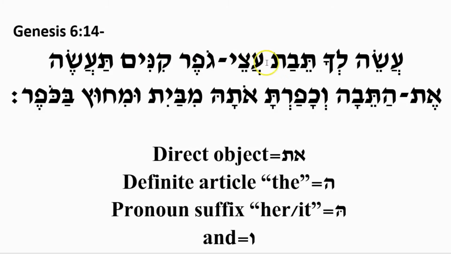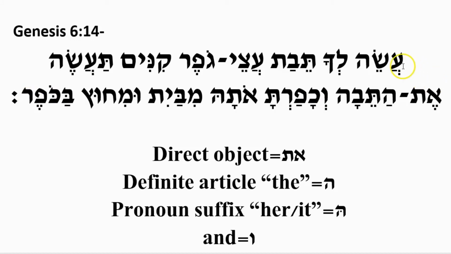So let me read it here in the Hebrew for you. Aseh lecha tevat atze gofer, kinim ta'aseh et hateva, v'kafarta ota mebait u michutz ba'kofer.